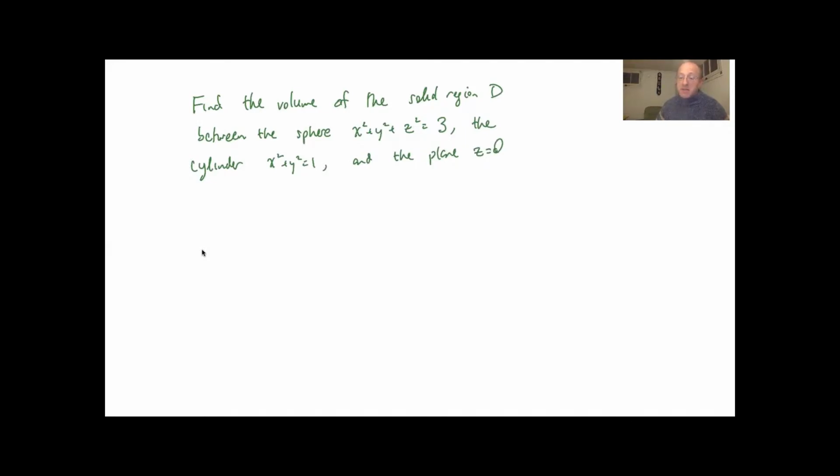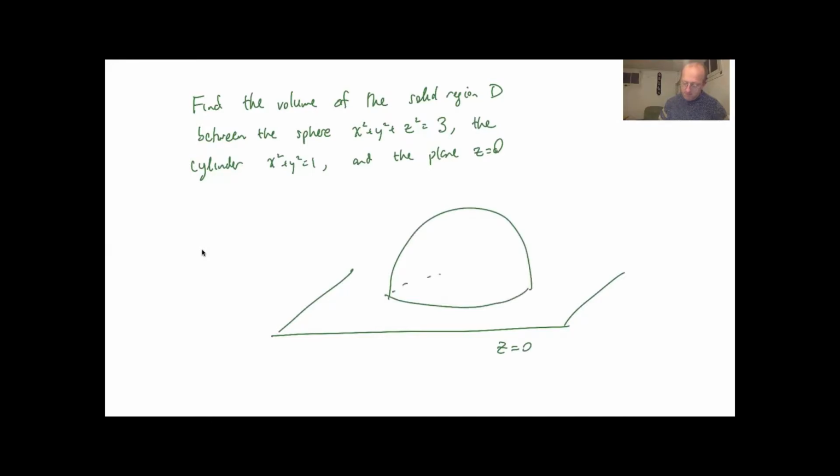So the first challenge is just to visualize and draw this. The plane z equals 0 is easy. It's the xy plane. For the sphere, we're going to take the top half of the sphere because we're cutting it at the equator anyway. So here's a sphere centered at the origin, and the sphere continues on below the xy plane, but we're not worried about that. And then